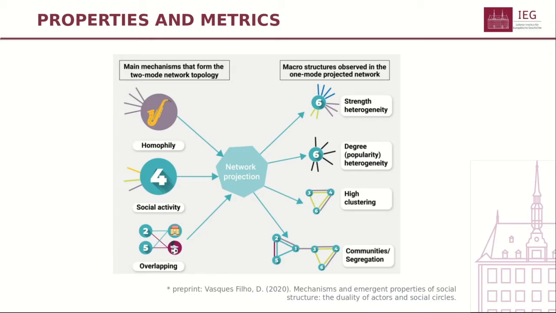We see high clustering naturally resulting from the projection as well. And more interesting, and of course for another day of discussion, is that we can see the level of cohesion and segregation of communities. Okay, and again, I discuss all these mechanisms and the network structure in this preprint,